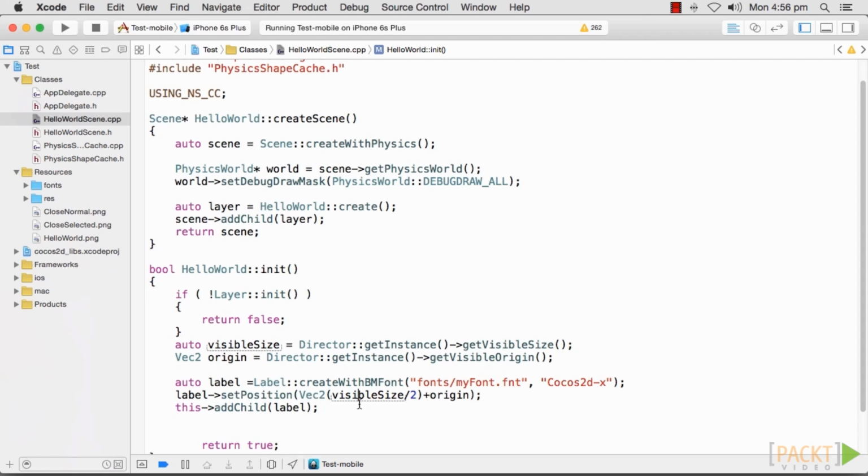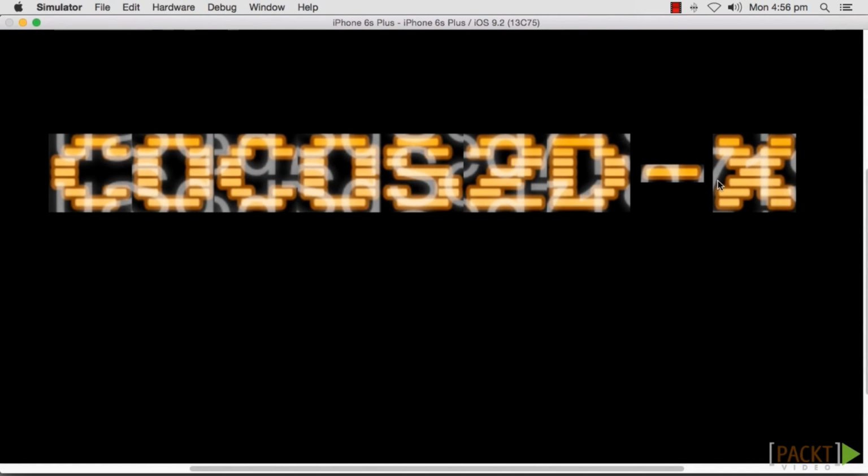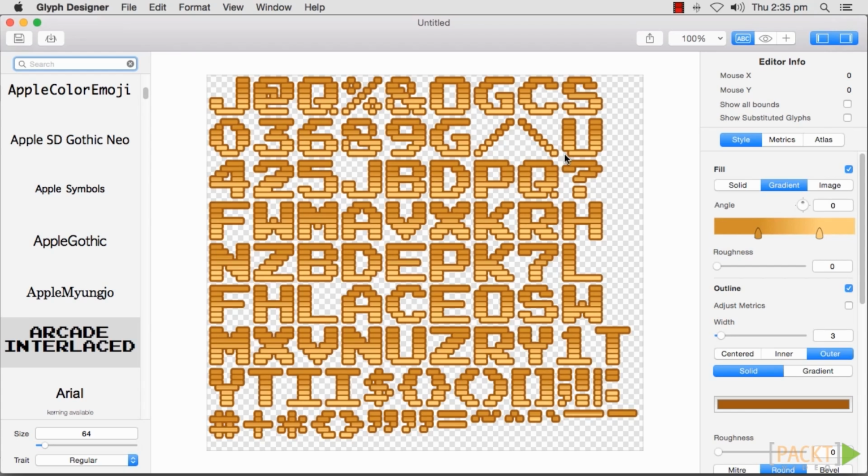This is the code which will enable you to use your fonts in Cocos2d-x. Now we are ready to run our project. So click on the Run button. This is how the bitmap font looks in Cocos2d-x